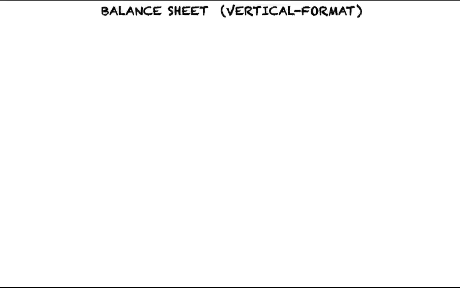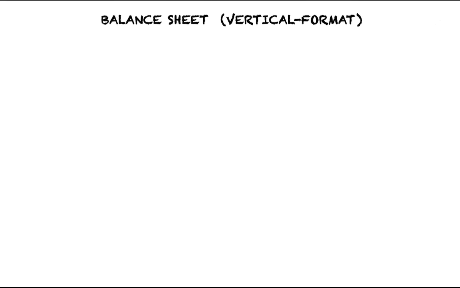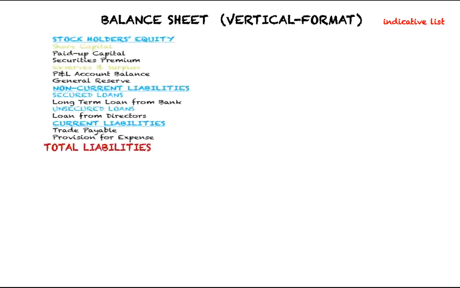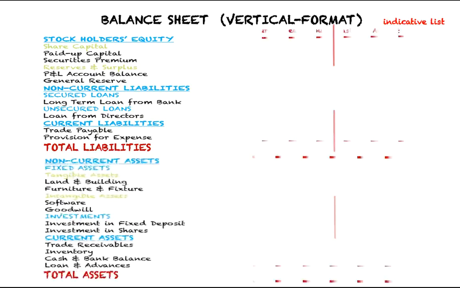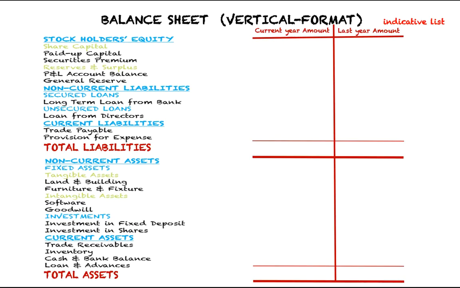The same balance sheet which we saw in T format, if you place the same indicative list one below the other, either you place liabilities on top or assets on top, then it becomes a vertical format. And your total of all your liabilities should match with total of your assets. And in the balance sheet that corporate makes, you always compare your current year amount with your last year amount. Important concept for corporates which the corporate law mandates is some standard format for each industry, and apart from that you show your non-current liabilities separately versus your current liabilities.